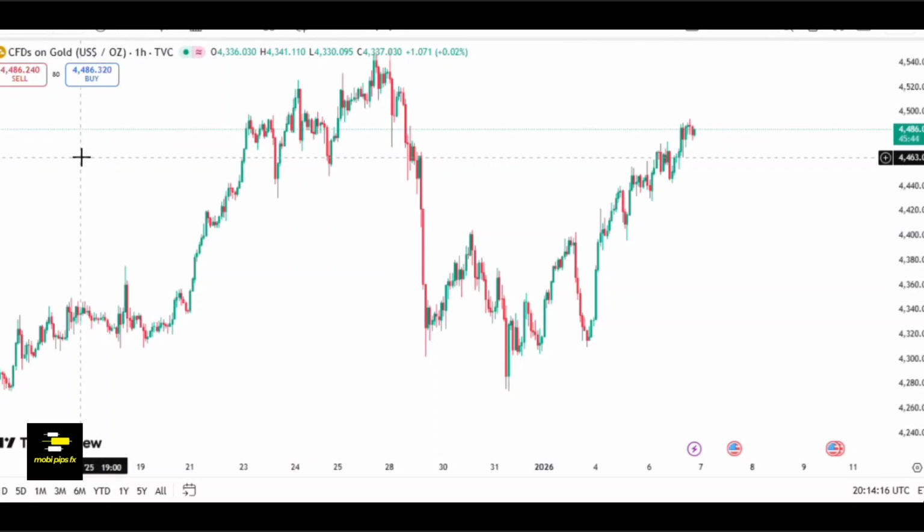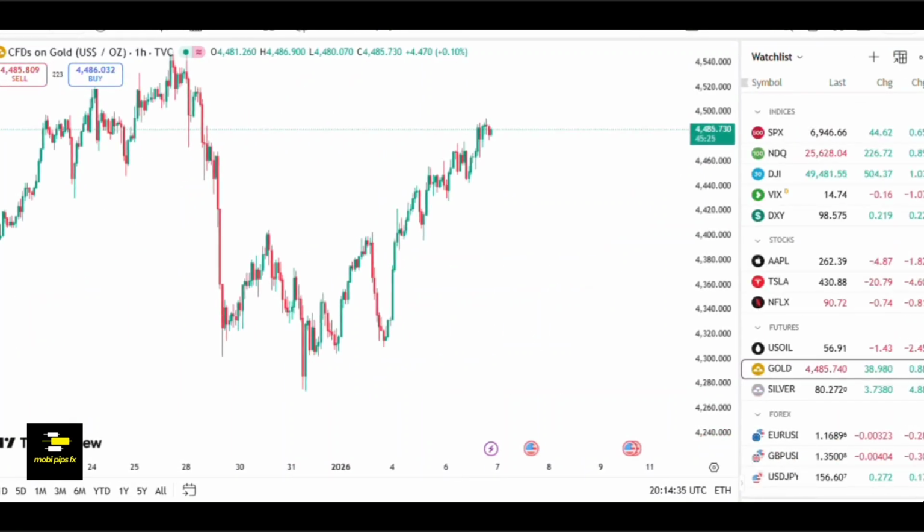All right, so yes, let's start with this you see here. If you have opened TradingView and you are new to it, this is how your chart will be. Over here, when we come to the right side of the platform window, we click here, we have the watch list. This is where the assets you'll be trading are presented. So we have the SPX, that's the S&P 500, we have US 100, the Dow Jones Industrial Average Index, volatility S&P 500, then we have the US dollar index. If you are new to this, it will be sounding like different things in your head, but you'll get used to it as we go forward. So that's under indices, right? Then we have for